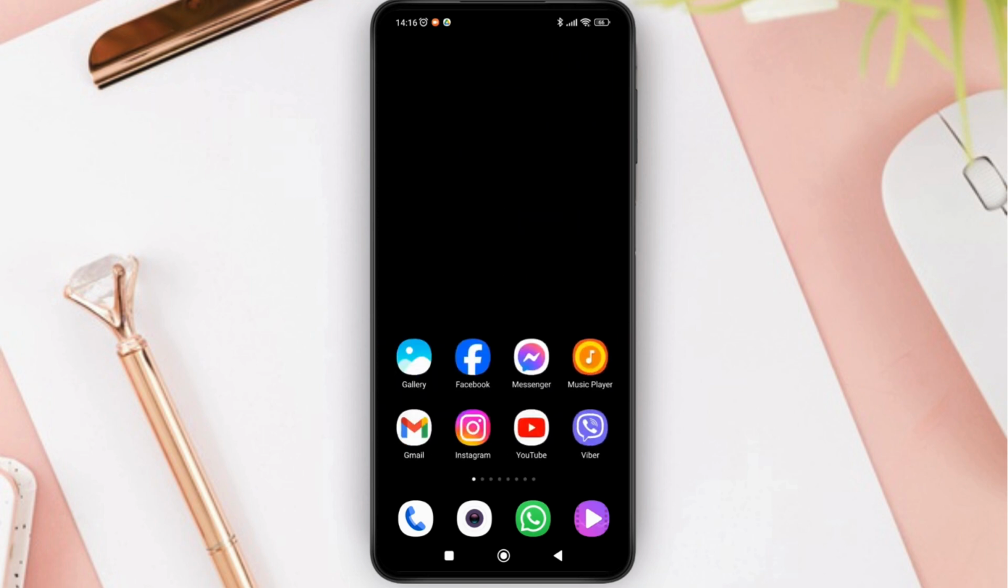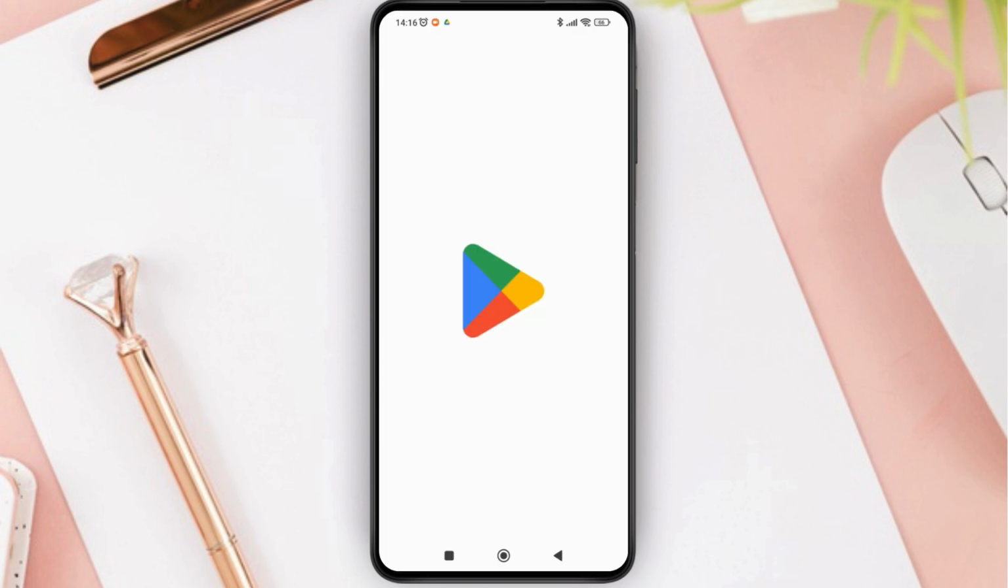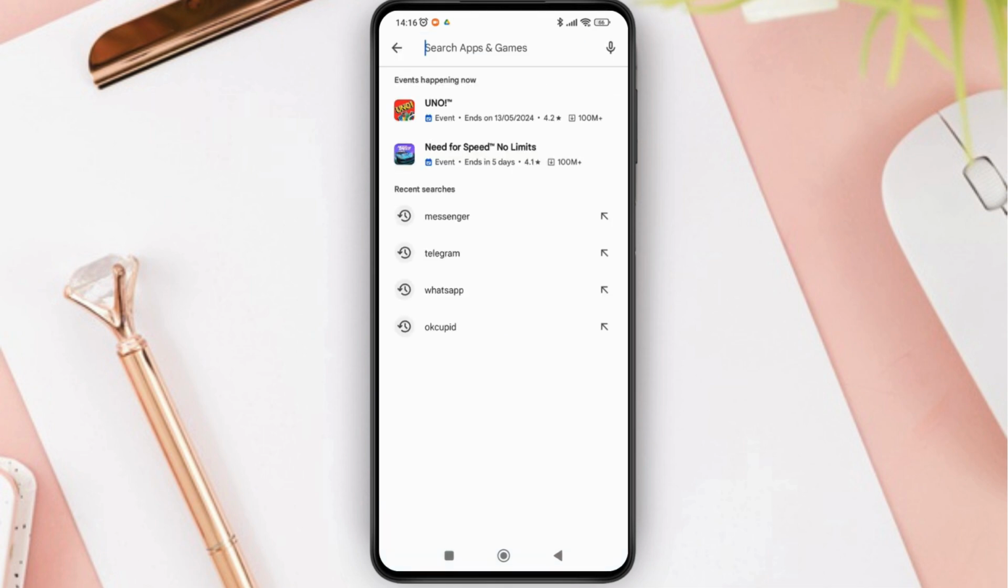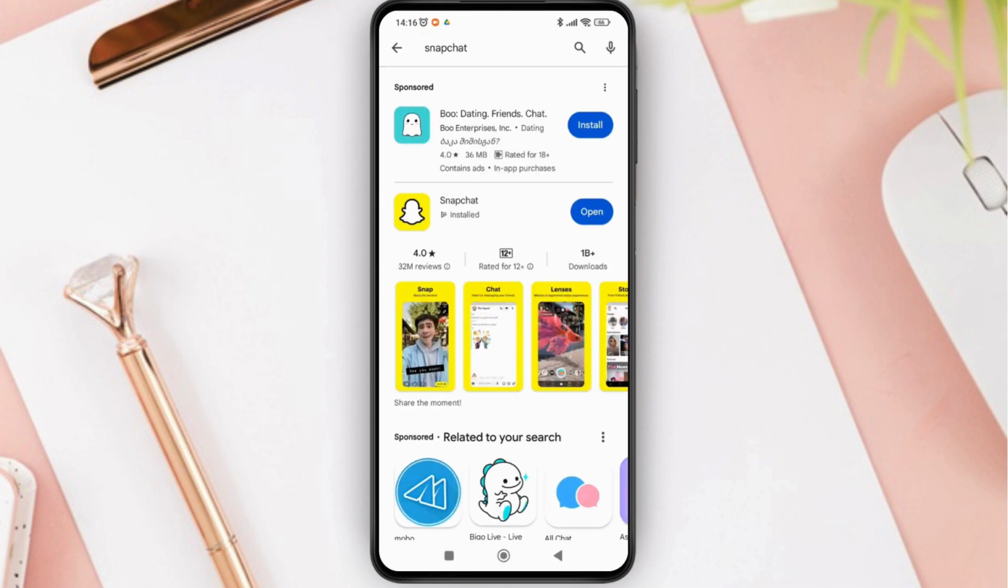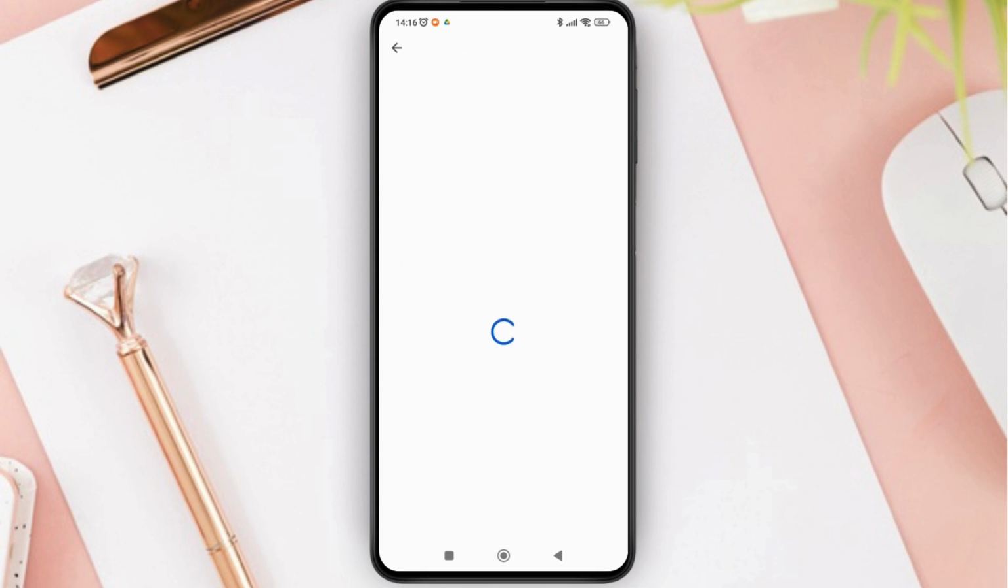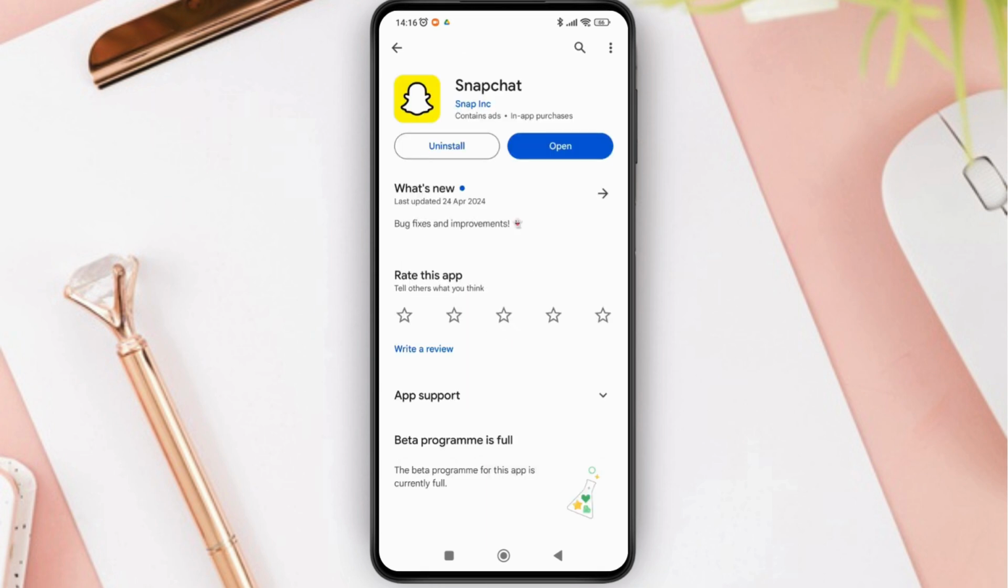So without any delay, let's get started. First of all, make sure that your Snapchat application is updated to its latest version. So just go to the Play Store app and then tap on the Snapchat application and check if there are any updates available. Now since you can see on the screen that my app is updated to its latest version, I'm just